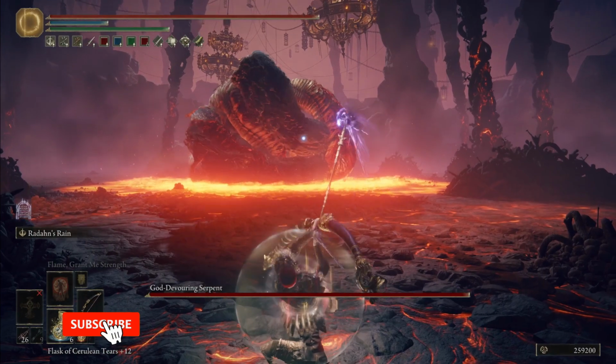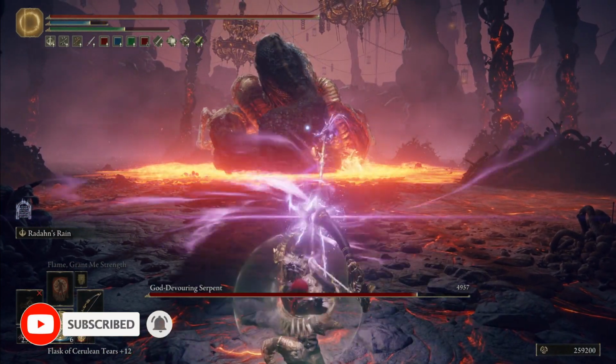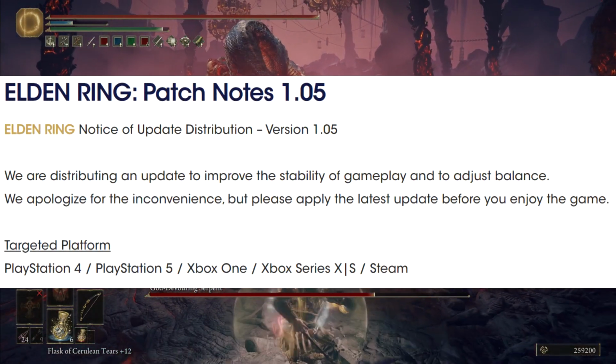Just when I thought I was out, they pulled me back in. That's right, ladies, gentlemen, and tarnished of all ages, From Software has done it again. The next quote-unquote major patch for Elden Ring, 1.05, has been released today, and you may be wondering what the